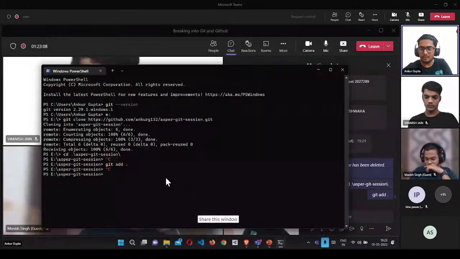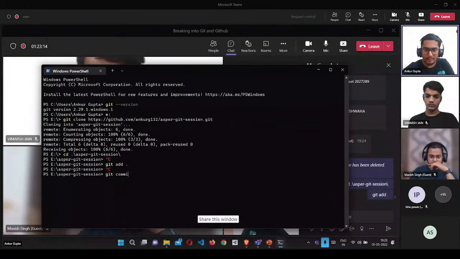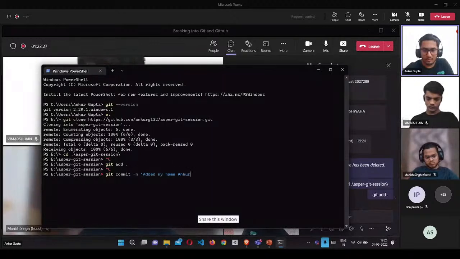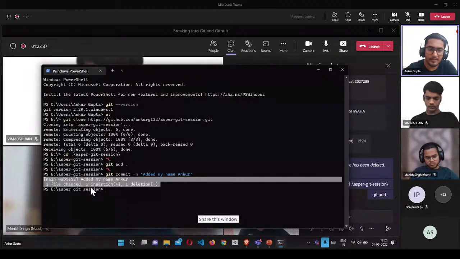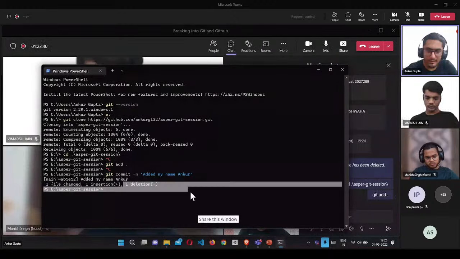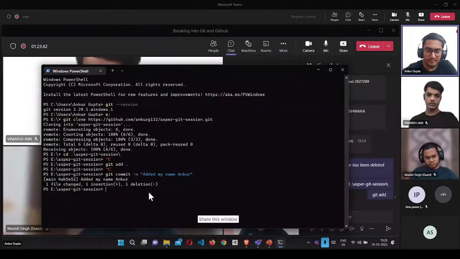Then moving to the next step, you write git commit -m. -m signifies message. Commit signifies that you're making a commit. -m, and then you can write any commit message. In my case, edit my name uncle. Okay, and press enter. So that is it. Now you can see this line here. It signifies all the changes that you've done. So I changed one file, I made one insertion and one deletion. So this probably doesn't matter, but this is all you need to do. git commit -m, edit my name uncle. Okay.